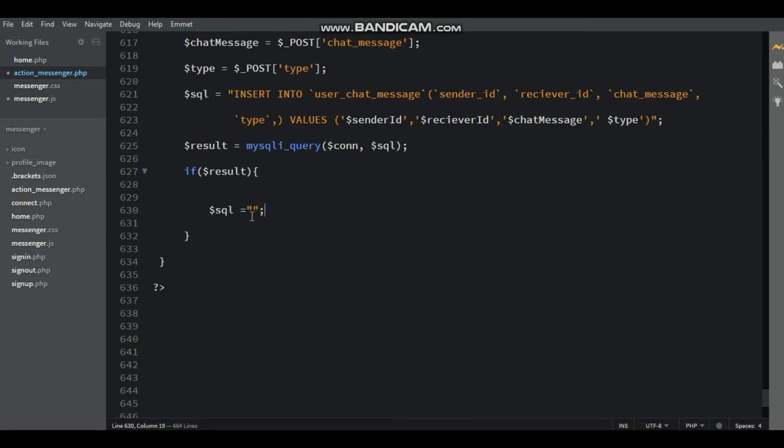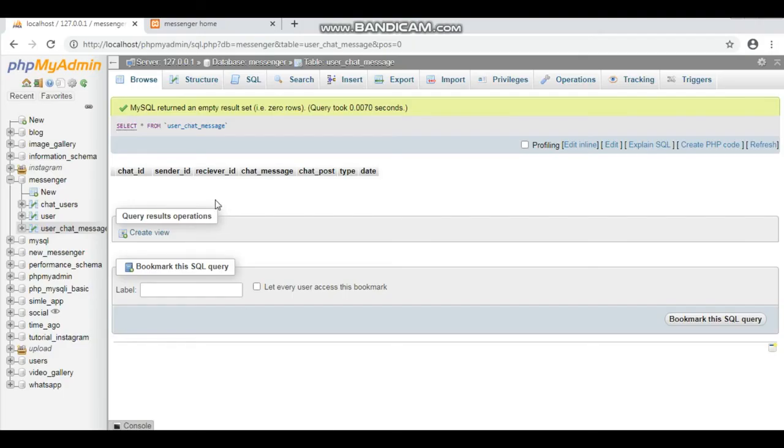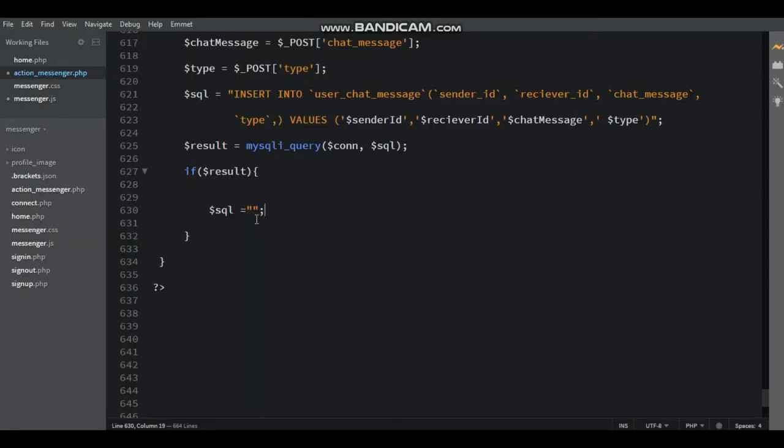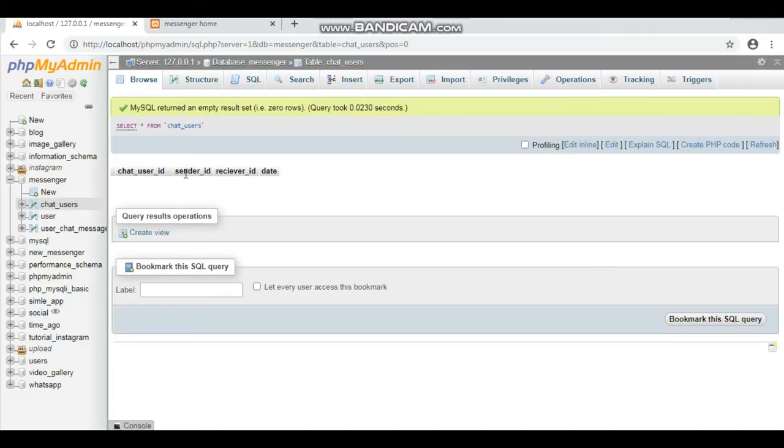$sql equal to, inside the double quotes. Here that is one more query, that is chat users table. First select from chat users, paste inside the double quotes. Here select from chat users where, here that is data table, sender ID and receiver ID.